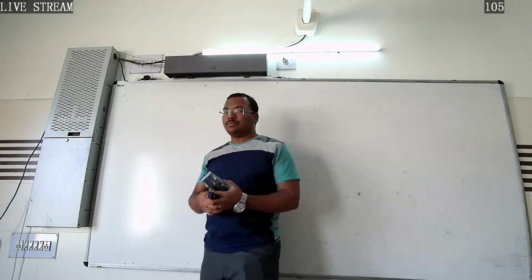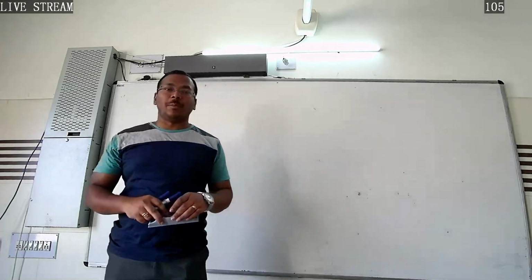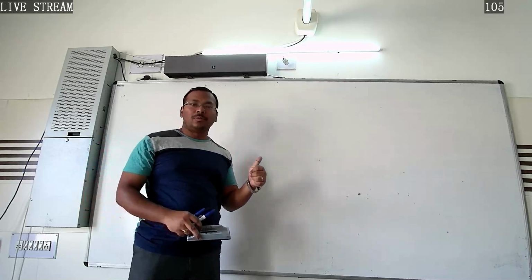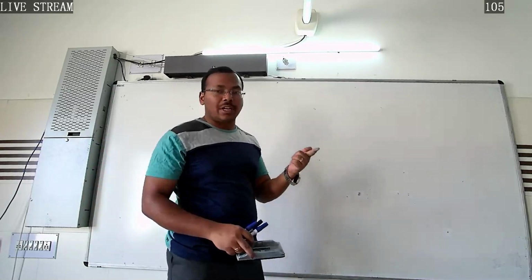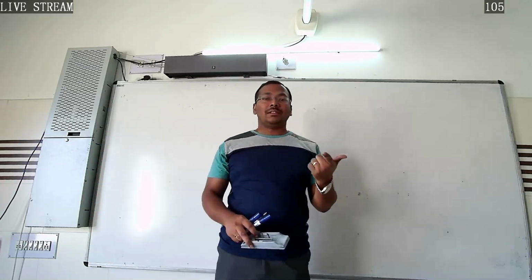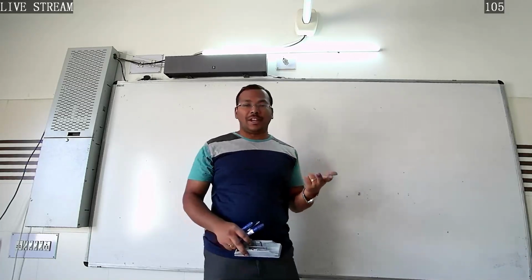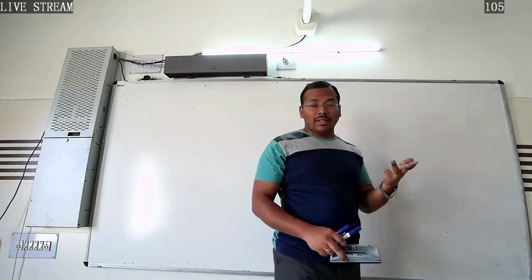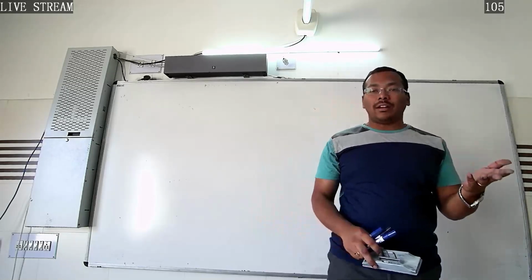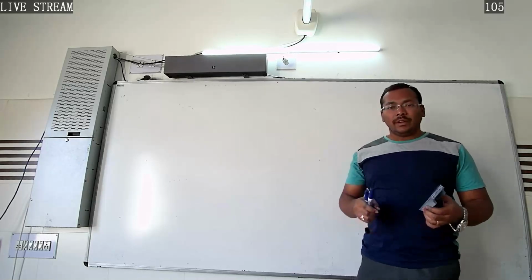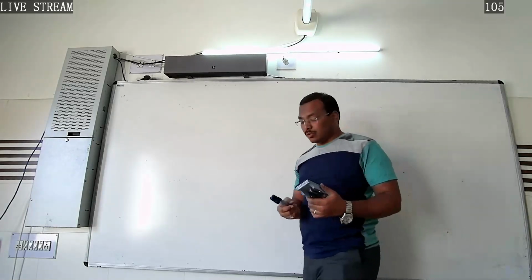About some introduction of chemical kinetics. We have seen rate of reaction, we have seen types of rate of reaction, that is average rate, instantaneous rate. Then we have seen examples how to write the rate of reaction. Then we studied order, then molecularity, then rate constant. These all things we have studied. We have done some exercise questions also.